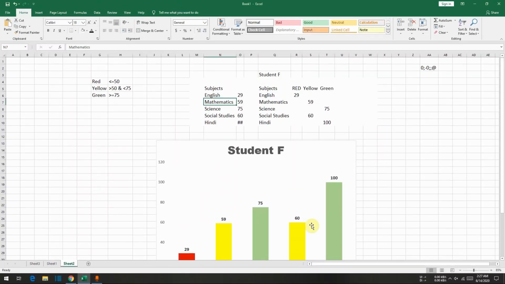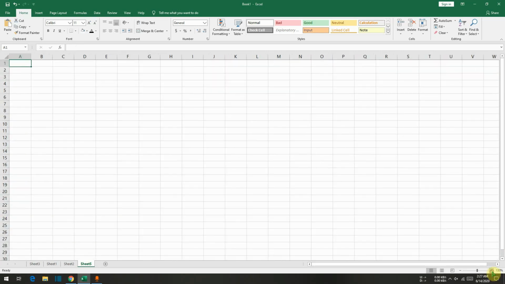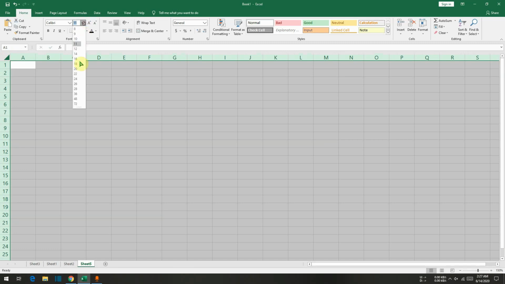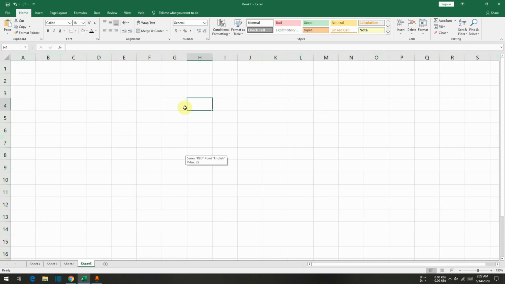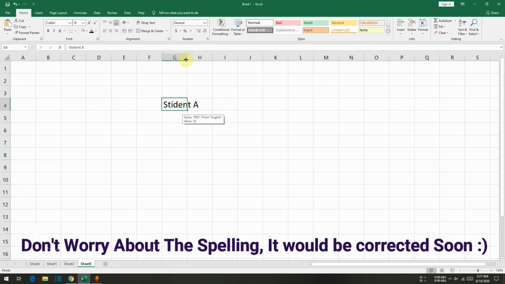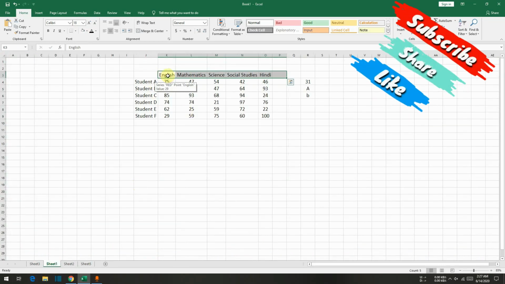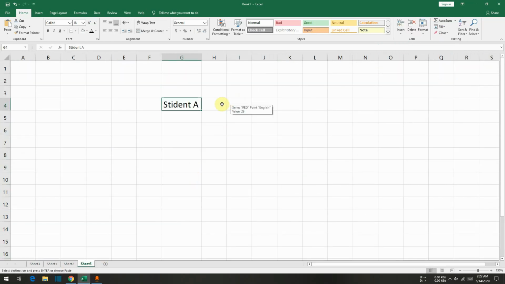So let me create one new sheet here. Let me increase the size so you can easily see. Let me increase the font. Okay, so let me write here student A. I want all the scores here.